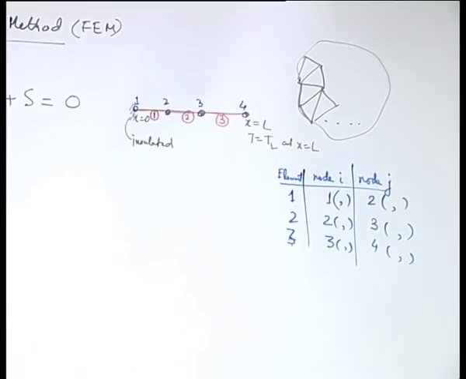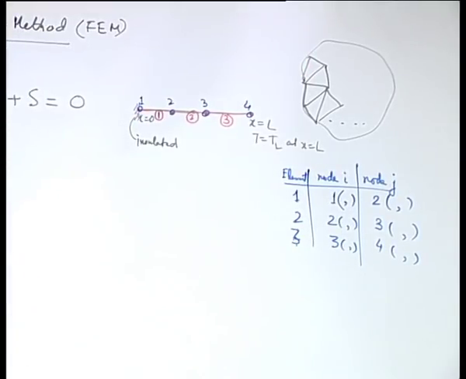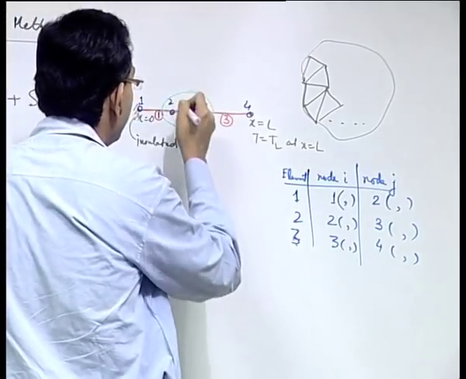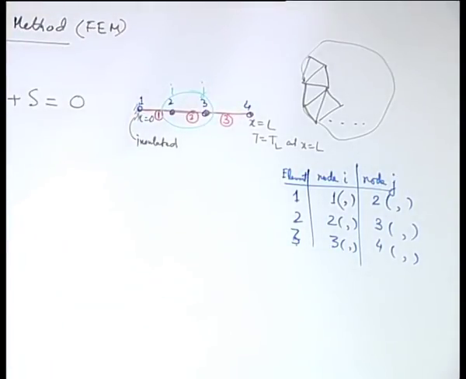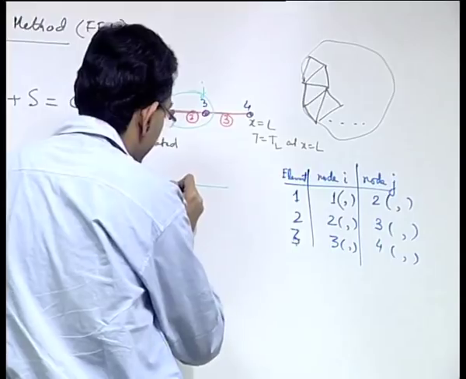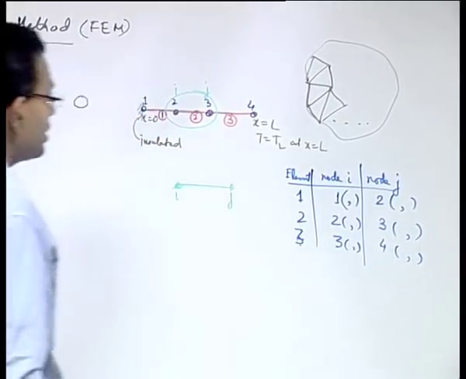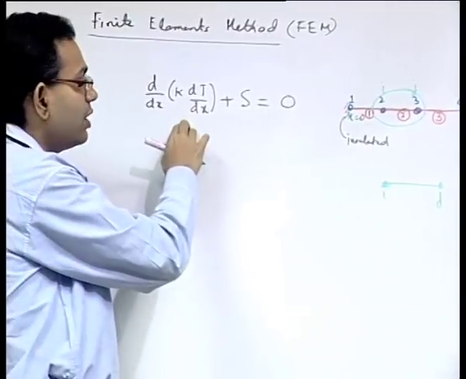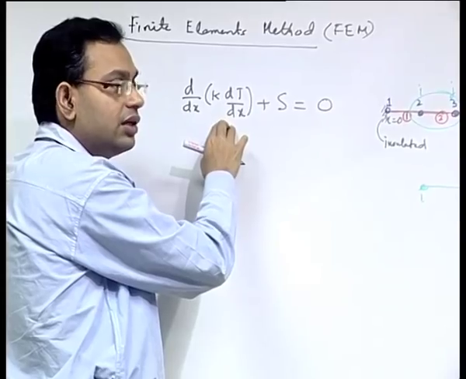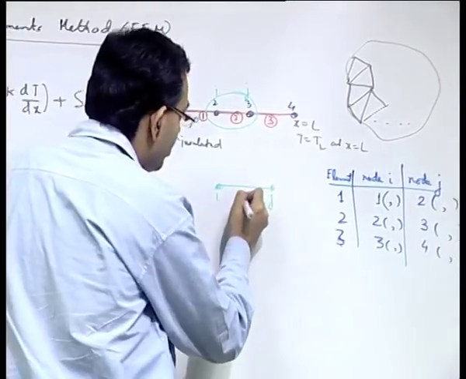Now, what we will do is we will consider any isolated element. Let us say that we consider an element, this one, where the first node is i and the second node is j. So, we have one element starting with node i, ending with node j, and we are interested to write an algebraic equation corresponding to this governing differential equation for that generic element, that is our objective. Let us say that the name of the element is E.